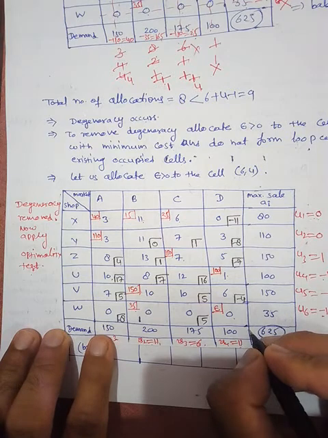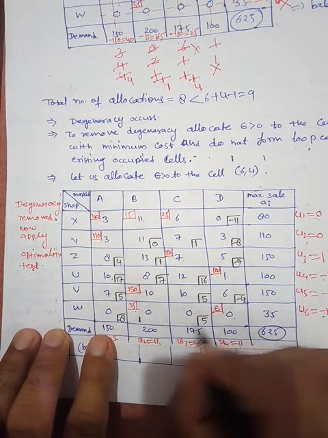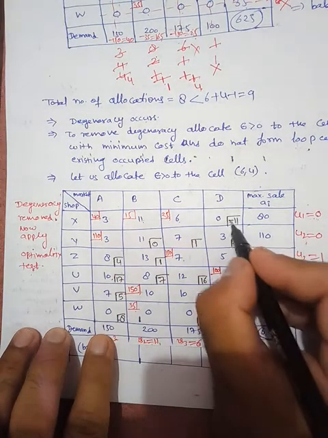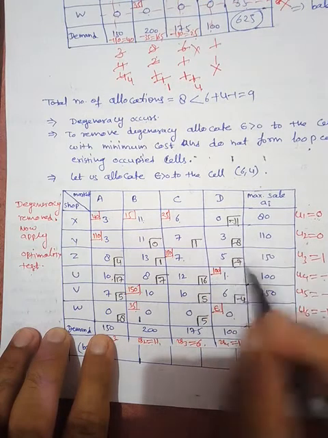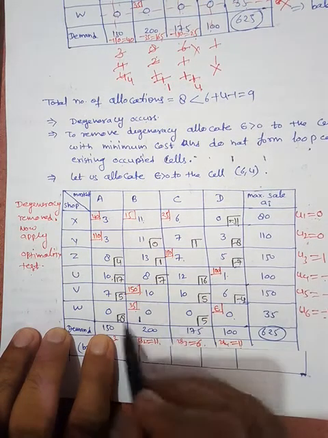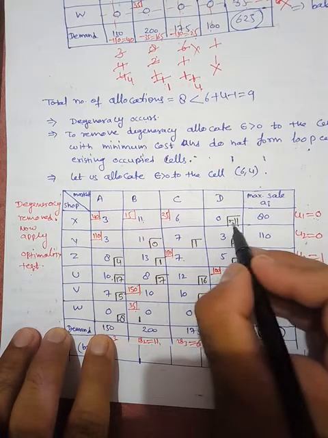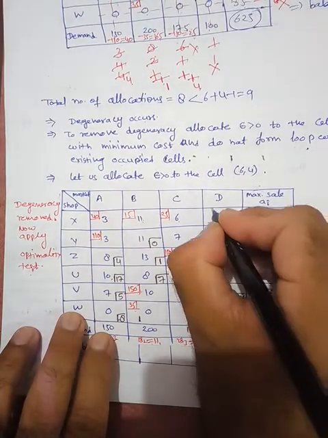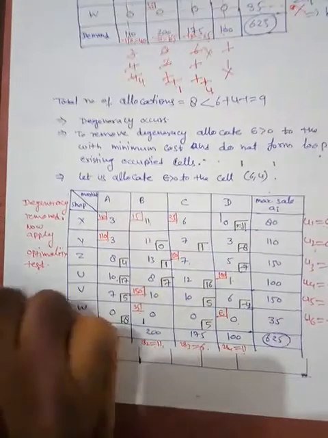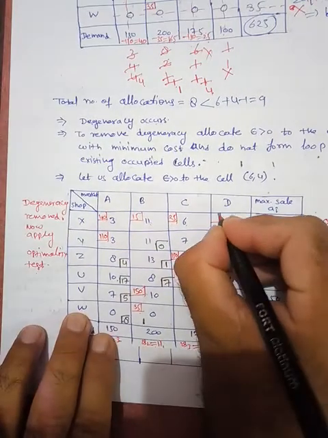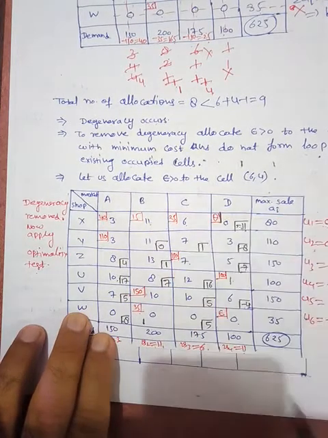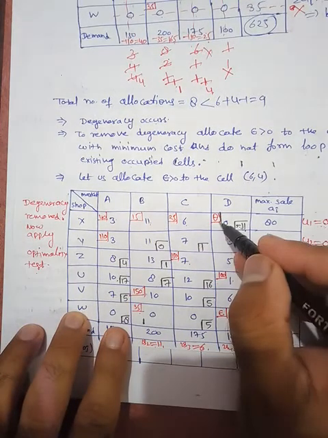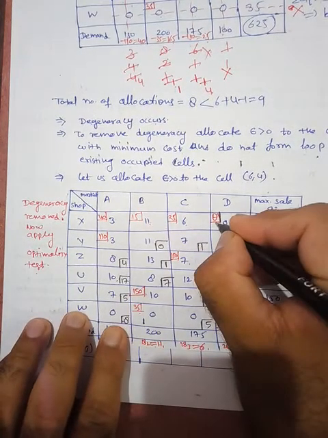Now among all these delta ij, this is the most negative, minus 11. Here is negative, here is negative, here is negative, here is negative, and all these are positive. Among these, this is the most negative. So assign some quantity here, let's say theta amount here. So allocate theta amount here, and now form the loop with the existing cells. So let us say this loop.